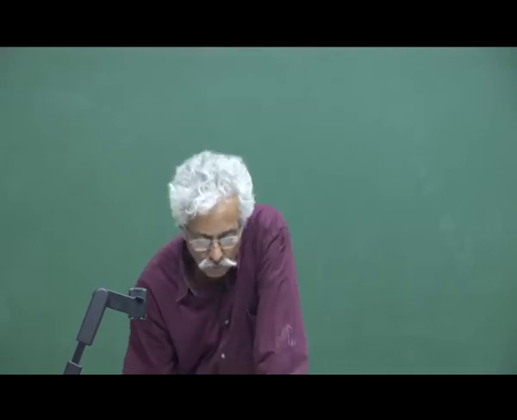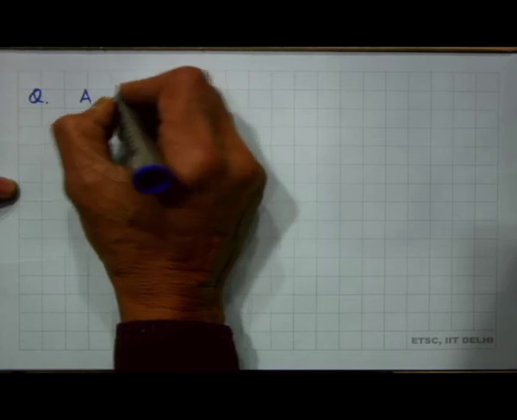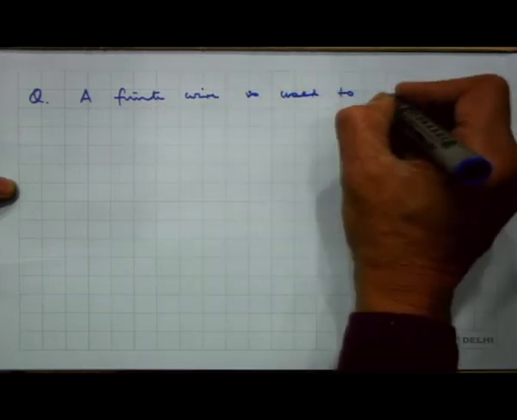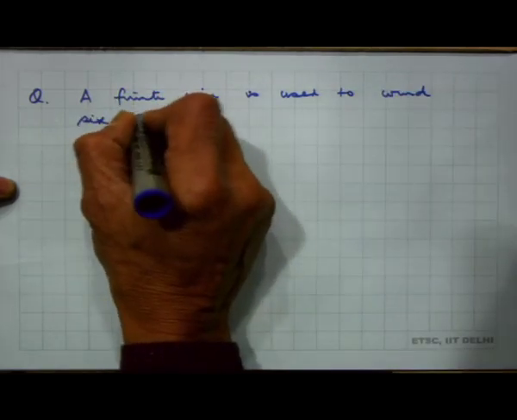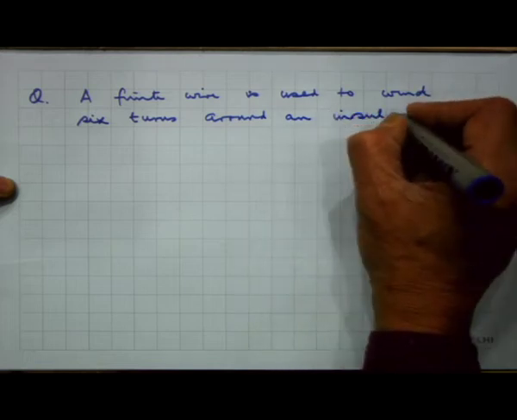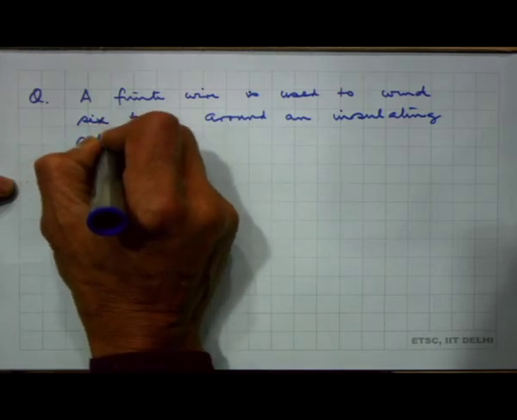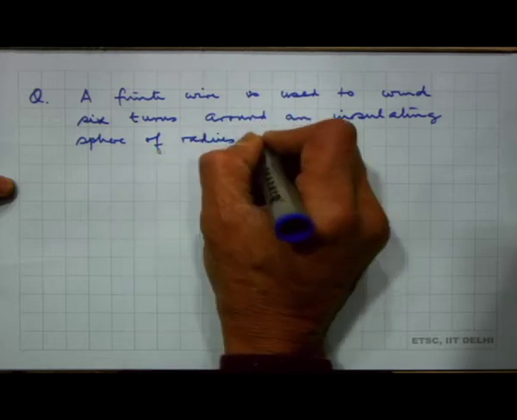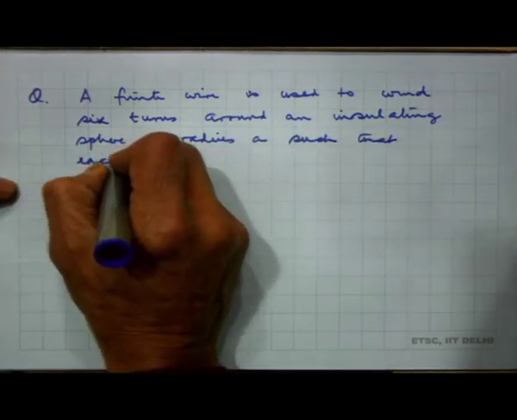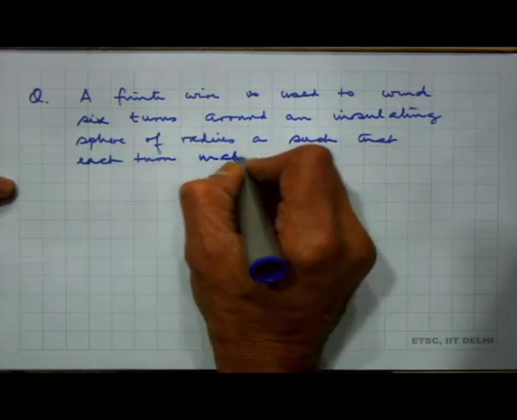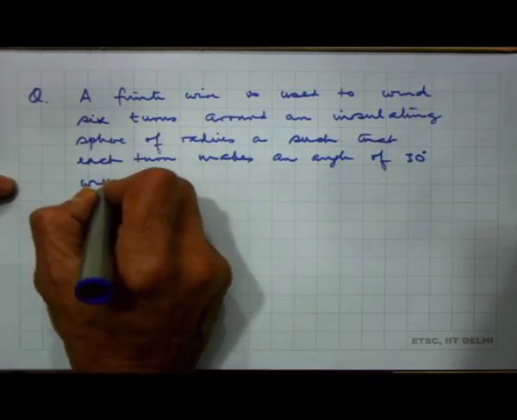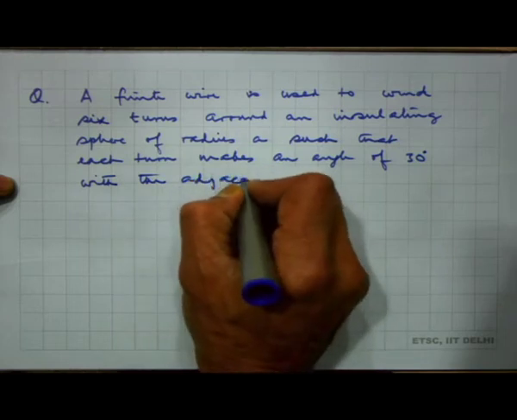Let me go to another problem, another interesting problem here. If a finite wire is used to wind 6 turns around an insulating sphere of radius a, such that each turn makes an angle of 30 degrees with the adjacent turn,